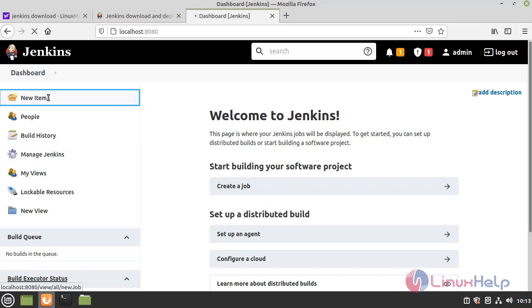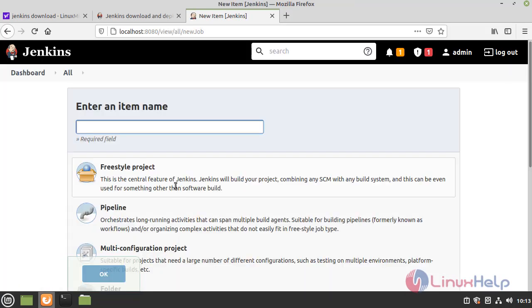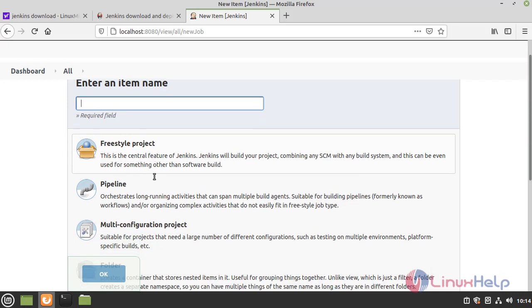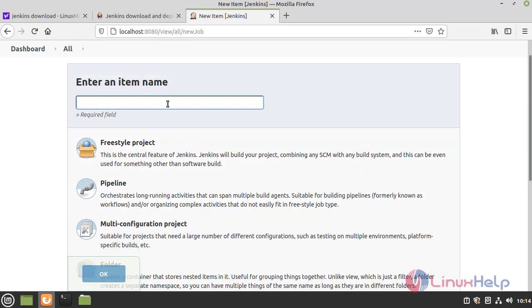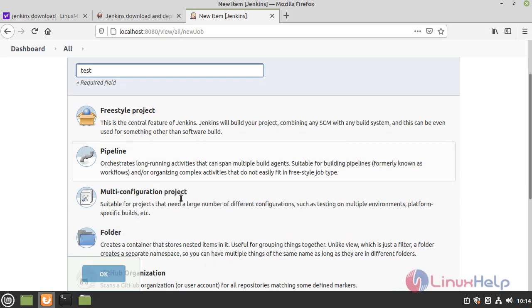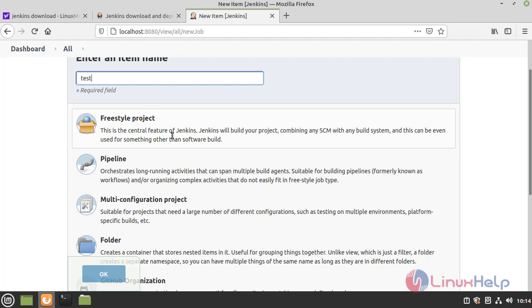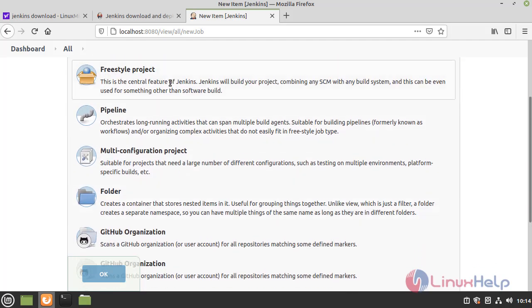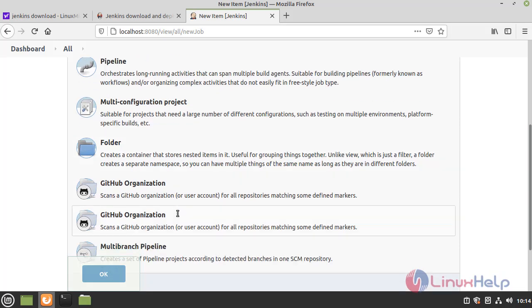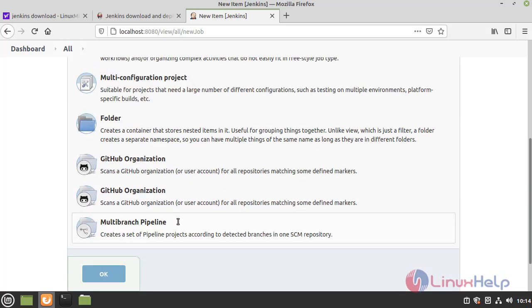Click New Item. In this section, you can create projects or jobs. For example, I am creating a new test job or test project. Here you can select the project type. There are some types: freestyle project, pipeline, multi-configuration project, folders, GitHub organization, and others like that.